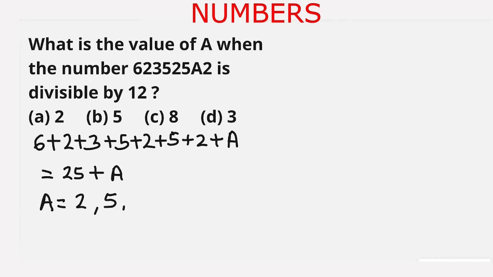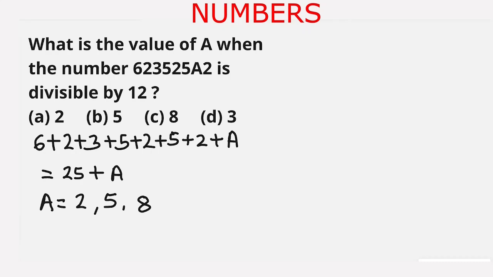And further, the number which is divisible by 3 is 33. And for making 25 into 33, we should have the value of a to be 8. Thus a can have value 2, 5 or 8. But this number has to be divisible by 4. Then for making the number divisible by 4, the last two digits must be divisible by 4, and the last